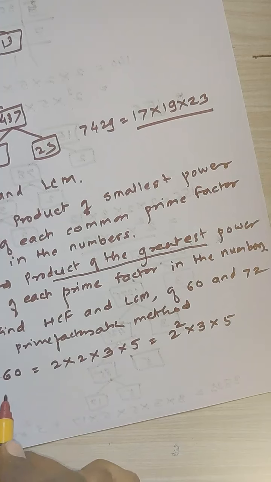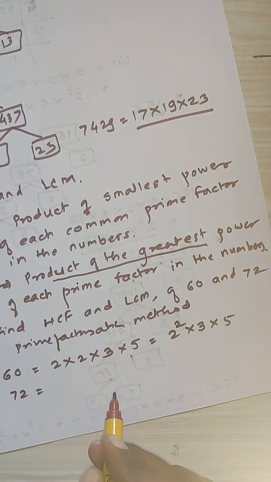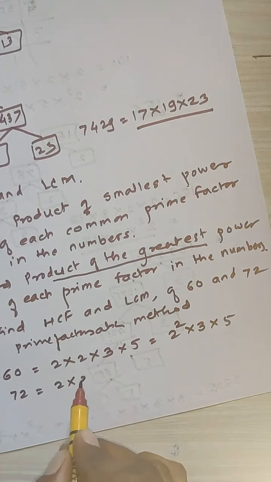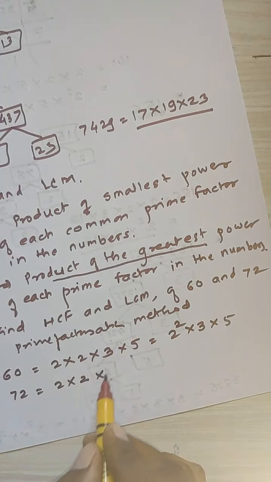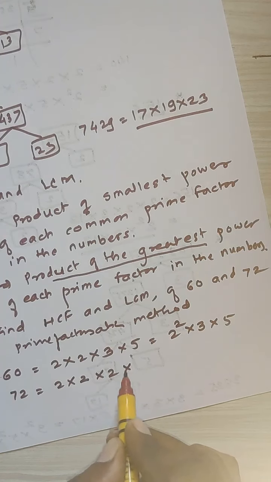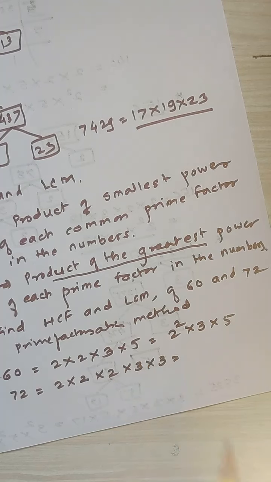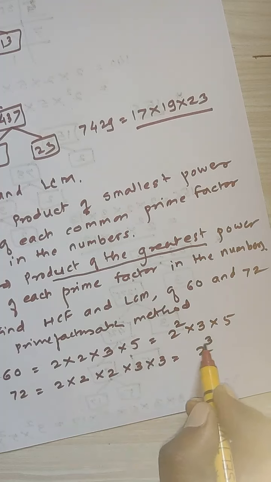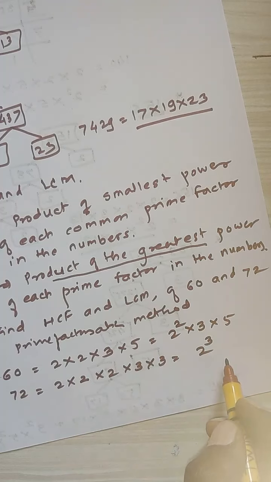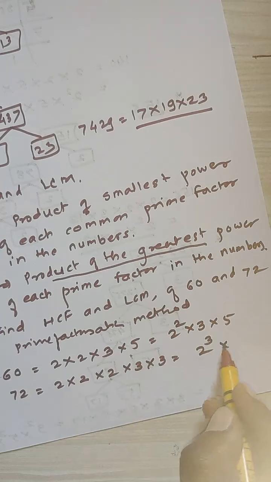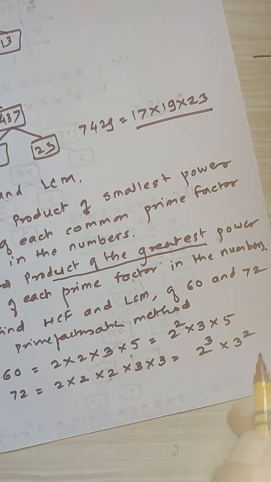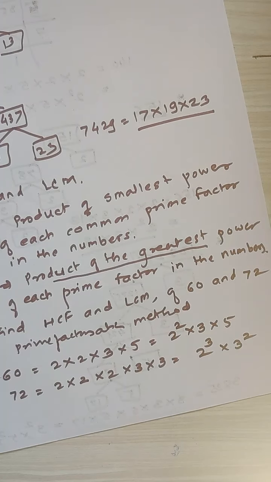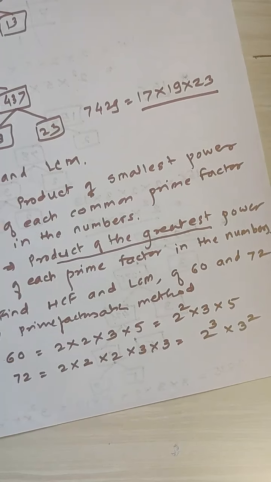Prime factors of 72, 2 into 2 into 2 into 3 into 3, that is 2 is here 3 times and 3 is here 2 times,